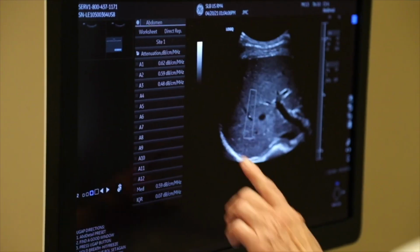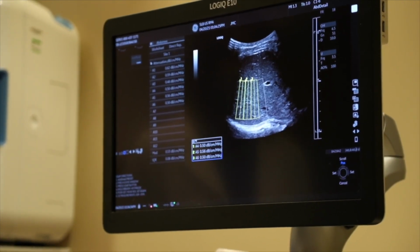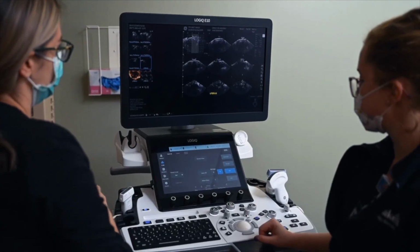Well, ultrasound is a very rapidly changing environment. So trying to keep up with the times is not always easy. It's kind of like a cell phone. Those cell phones change over pretty quick. If you just think back to 5 years ago, what your older cell phone was like and what it could do compared to what you have now. So it's kind of the same way. And it's not like our ultrasound machines that we've been using were old. They truly were only somewhere between 5 and 7 years old, which you would think is rather young for medical equipment. I was thrilled to be able to get all the advancements with all the new toys and new bells and whistles. It's amazing to be able to have all these new modalities